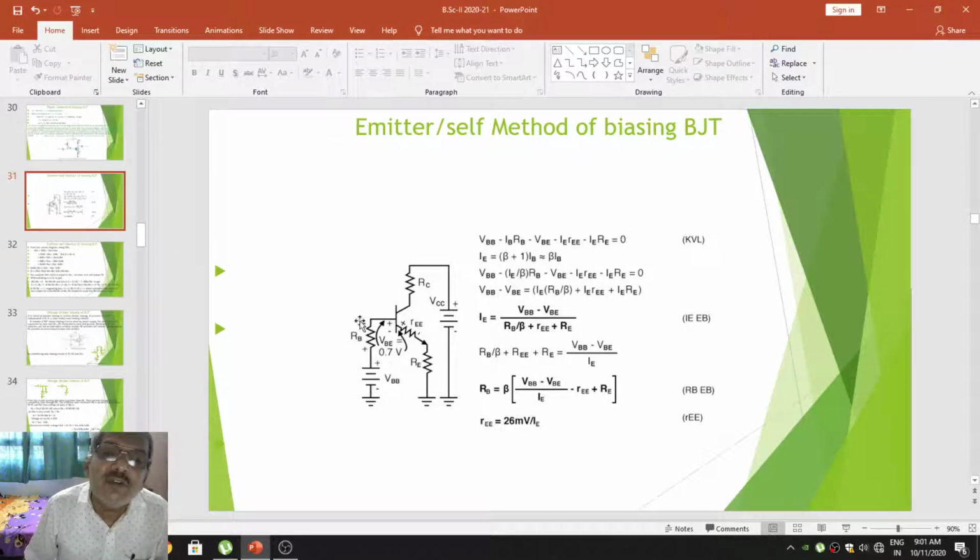If you connect that particular value of R_B, definitely we can choose the respective value of R_E. So this is how you can perform the analysis. But how to decide the value of R_E? That value of R_E can be decided just by determining the stability factor. Further,